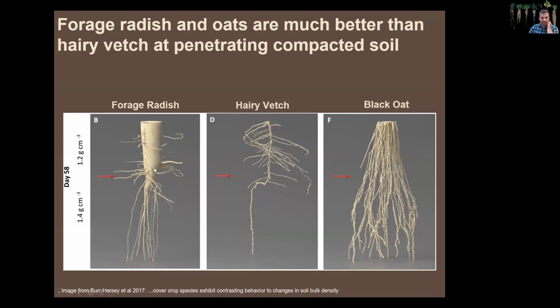And you can see that these forage radish, that the taproots were able to grow through that compacted soil. Hairy vetch, which is a really important legume, winter annual legume, was not able to send many roots down. And this black oat was able to send a little bit down. So these, similar to our,